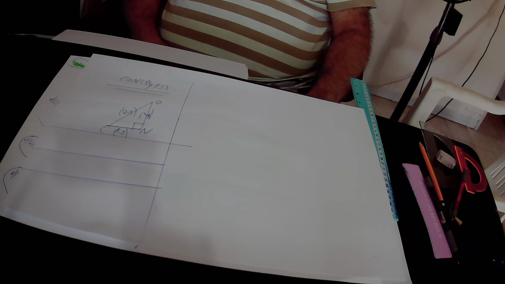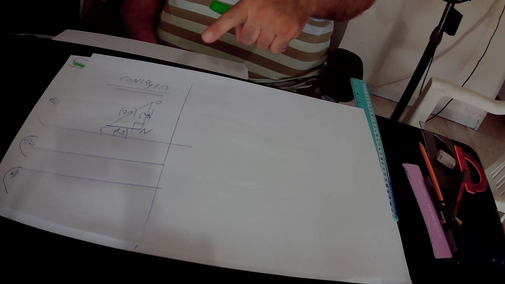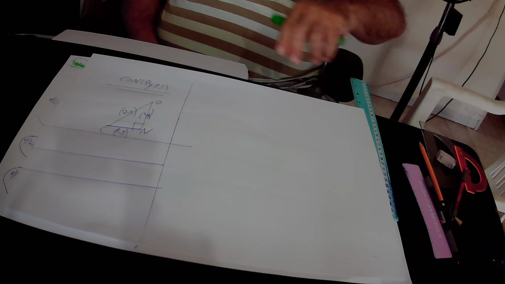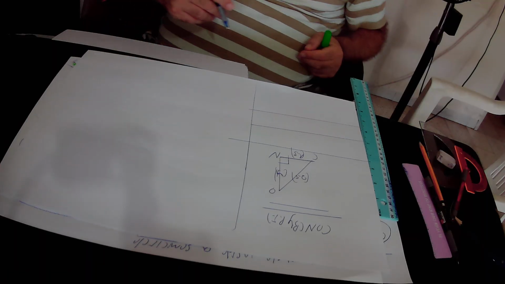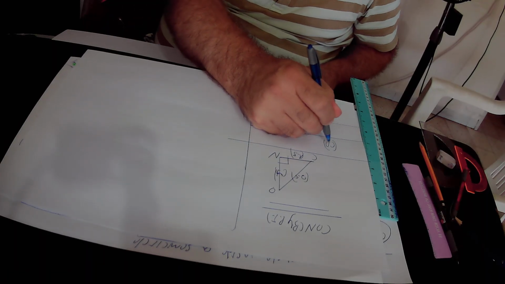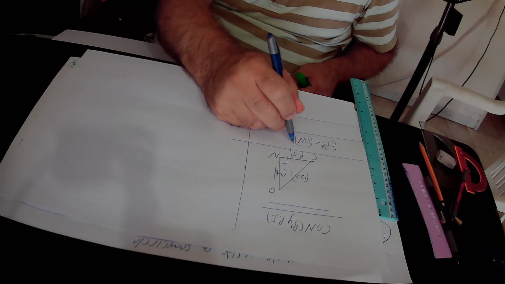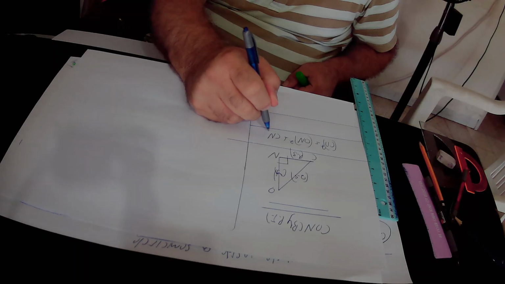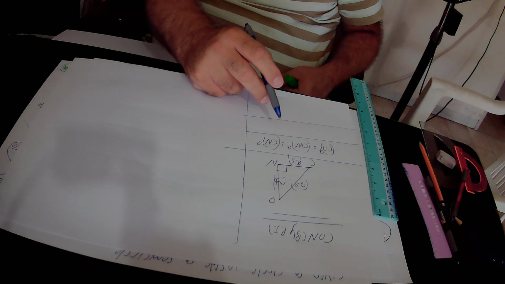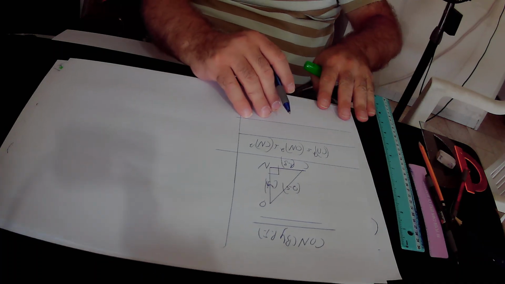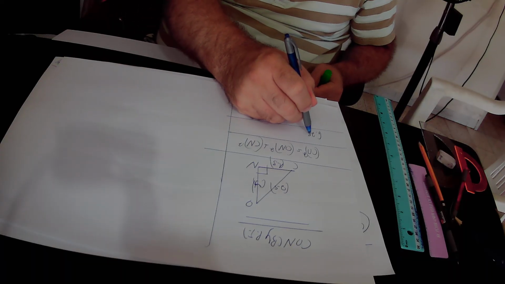In this right triangle CON, CO squared, that is the square of the hypotenuse, equals ON squared plus CN squared. So I write it down. CO squared, that is the square of the hypotenuse, equals ON squared plus CN squared. The hypotenuse CO equals 2.5 units in its length, therefore CO squared is 2.5 squared, that is 6.25, and it equals